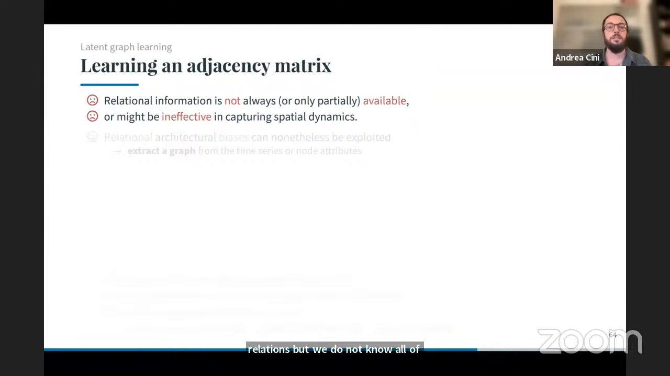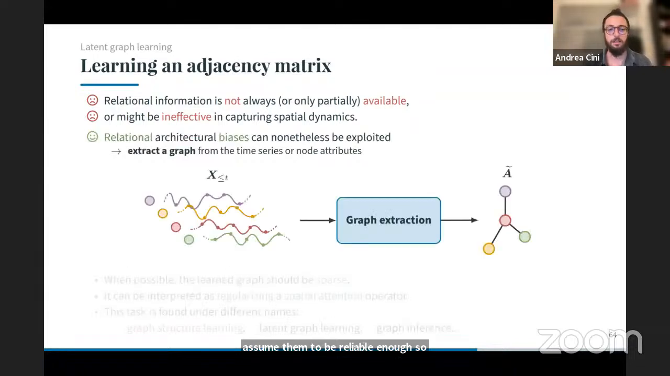Or other scenarios could also be that the information that is given to us is not trustworthy, so we cannot assume them to be reliable enough, so we want to learn them from data. So this, in fact, the possibility to learn relations from the data that we have, the time series that we have, is something that holds a potential to apply all that we have seen so far also to other